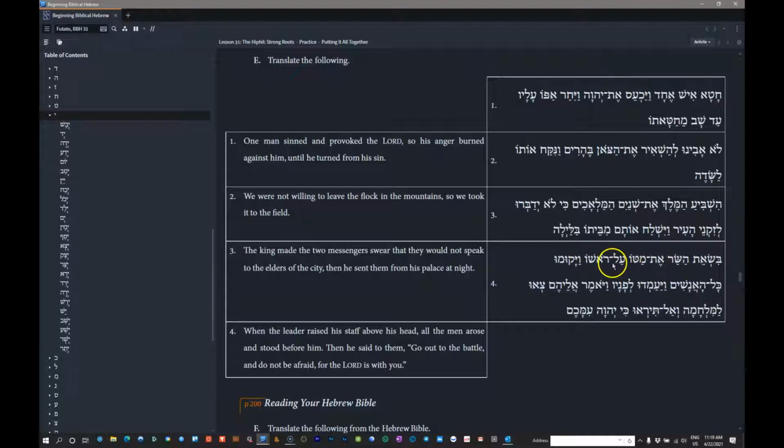By lifting up his staff over his head, there's no room for the subject here if it's instrumental. So let's try the temporal. When lifting up his staff over his head, or when the prince or the ruler lifted up his staff over his head,